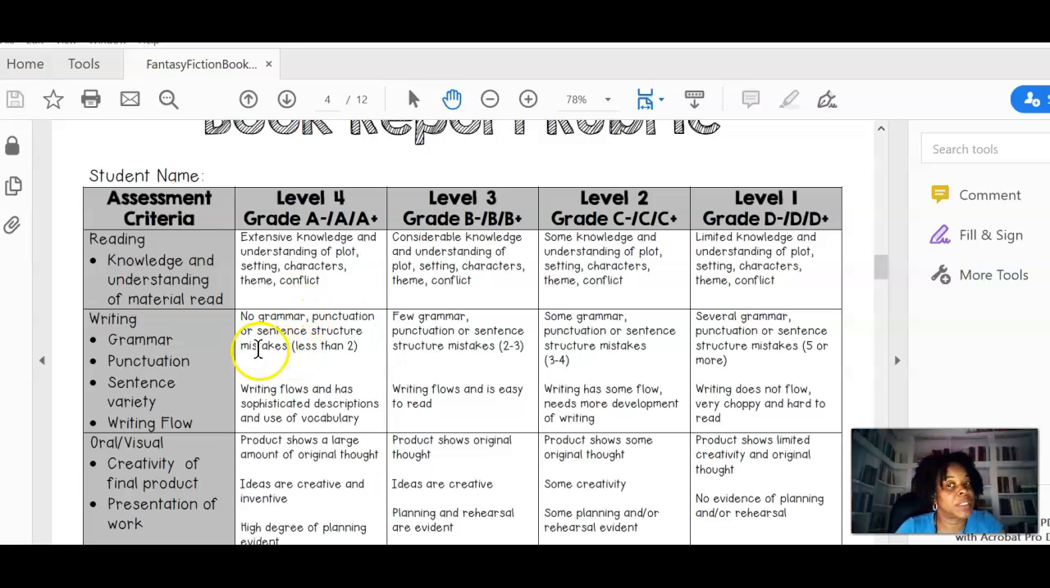Of course, grammar and punctuation are always important. Your sentence structure is important. And you should not have more than 2 mistakes. Your writing should flow, and it should have sophisticated descriptions and use of vocabulary that demonstrates you're an 8th grader. Your project must show that you have put in a lot of thought and that you have thought about how to make it very creative, and that